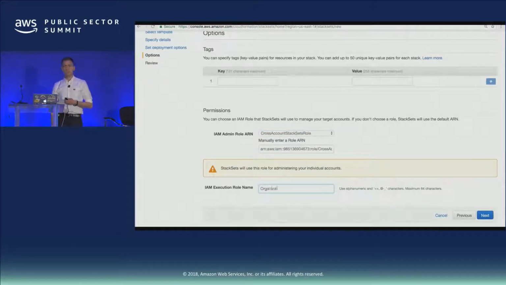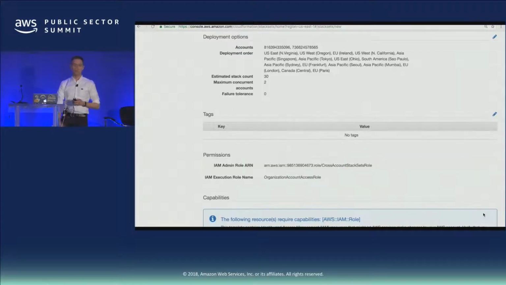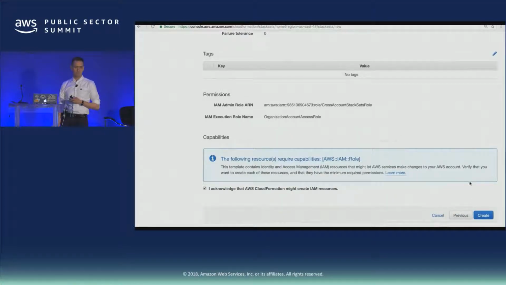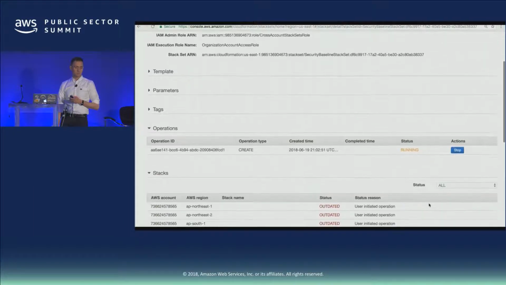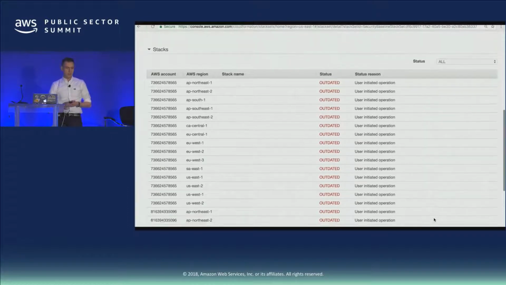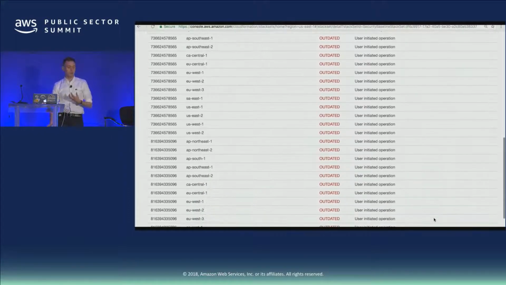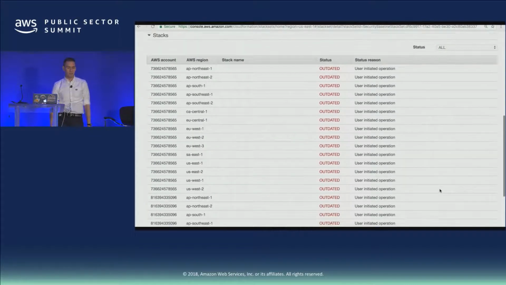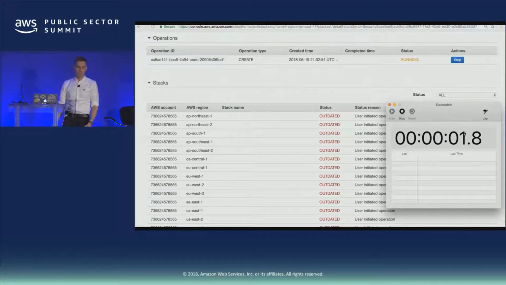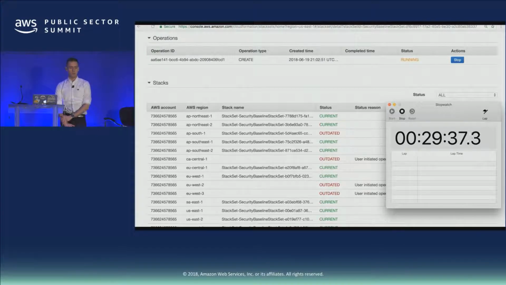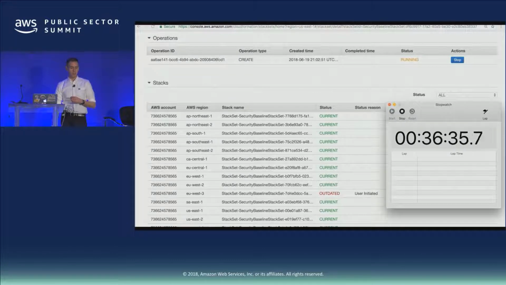I've created a role to deploy those stacks that CloudFormation will assume, and then the role it will be assuming in the target account is the one that was created with the organization. So now we can see, these are all basically the templates that will be deployed. I have 2 accounts here across all of our regions. So they're all status outdated. We haven't deployed the templates yet. And again, through a little bit of Hollywood magic, we will start to see these templates get deployed across all of our regions worldwide. And so now, once this finishes,